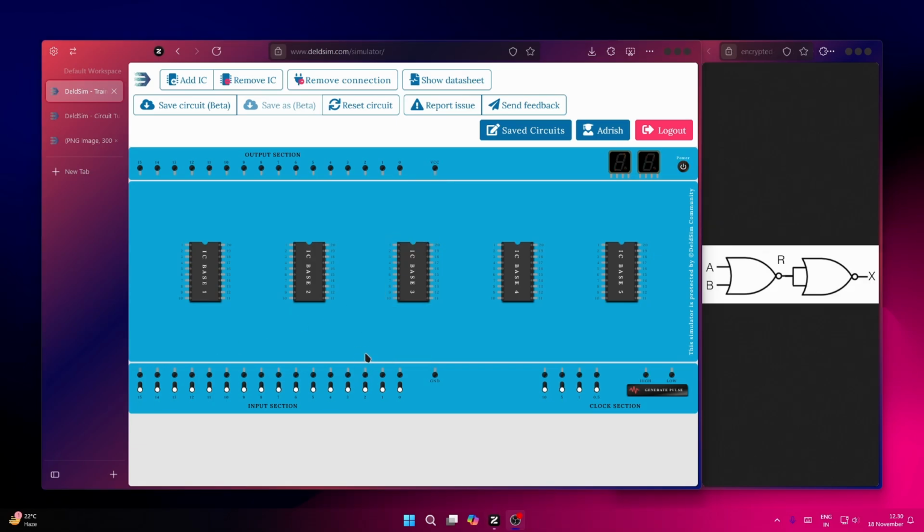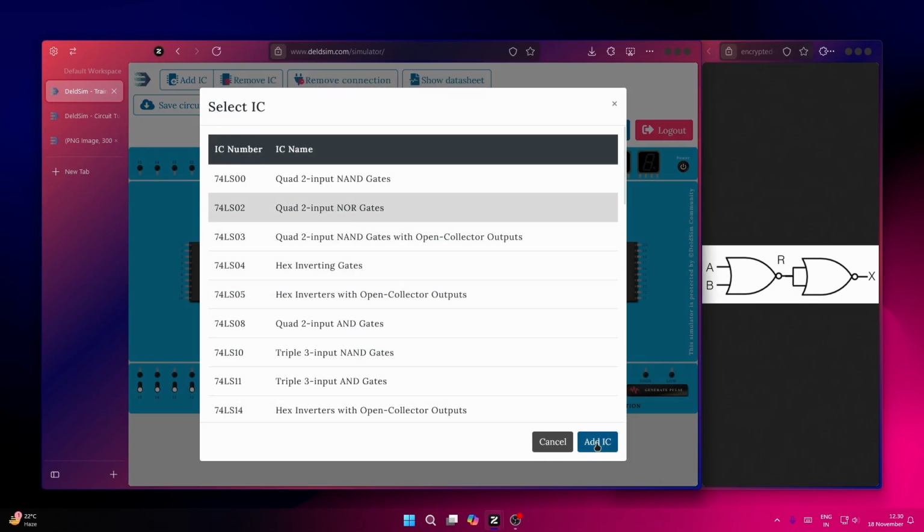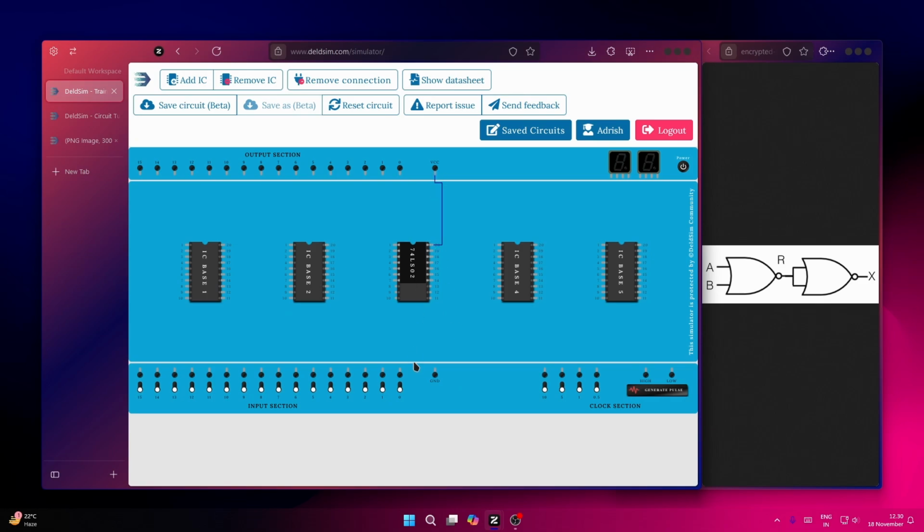OR using NOR. Well, basically, NOR is just the opposite of OR, not OR. And like NAND, if not OR is NOR, then not NOR is OR. So we take the NOR operation as shown in the diagram and then we pass it through a NOT gate created using NOR. So I'm gonna add my IC, add my NOR IC, connect the VCC, connect the ground, and